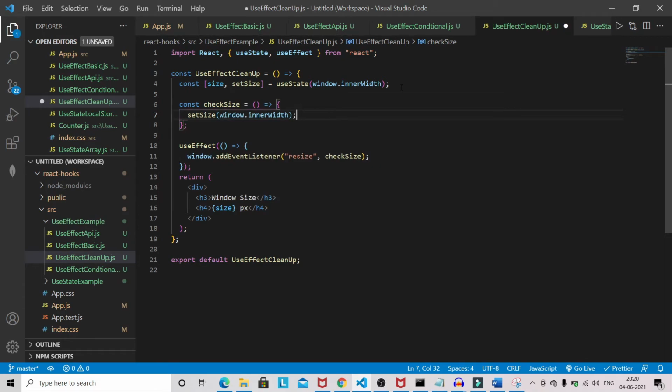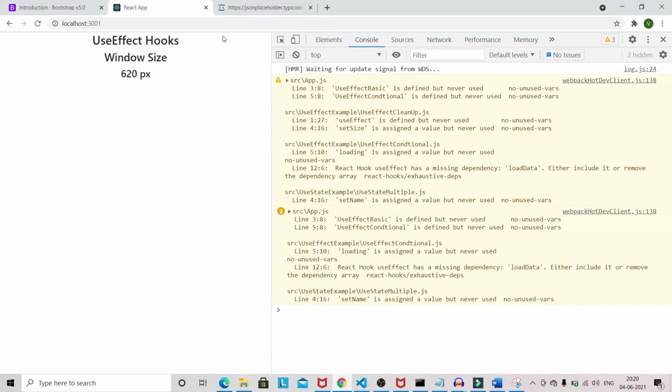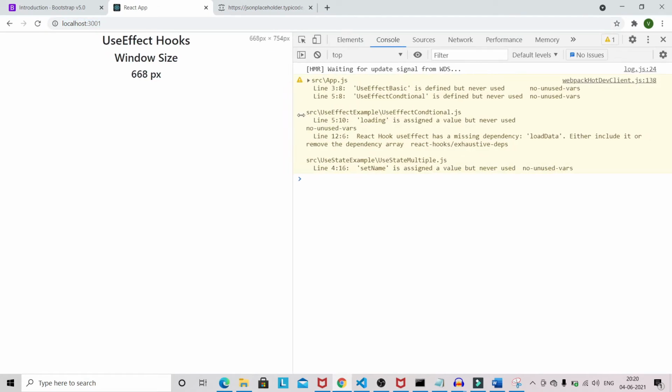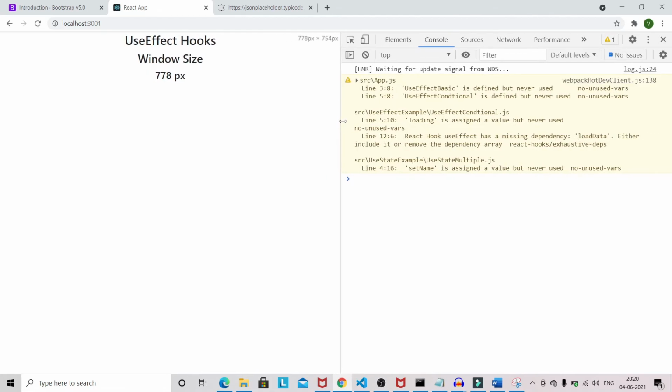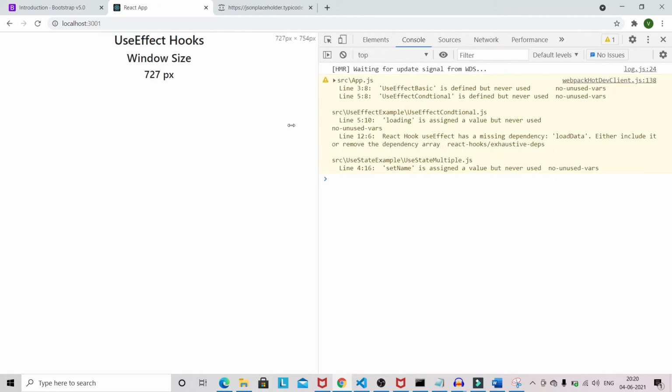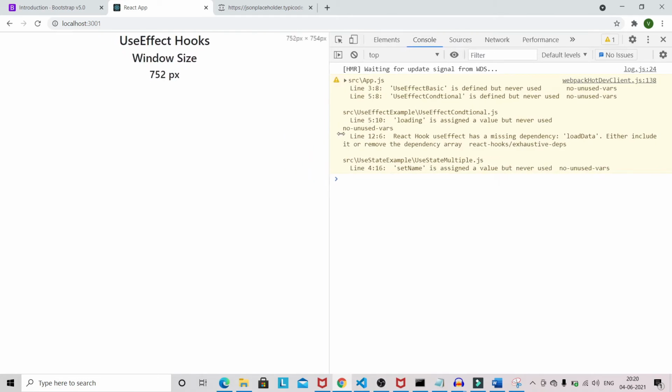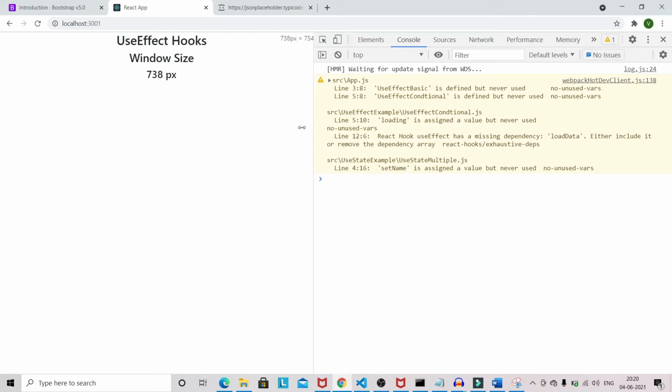Okay, now let's see. I will refresh. Now I will increase. You can see this width is increasing, and if you decrease, it decreases. So it's updated while increasing or decreasing the width of the screen.